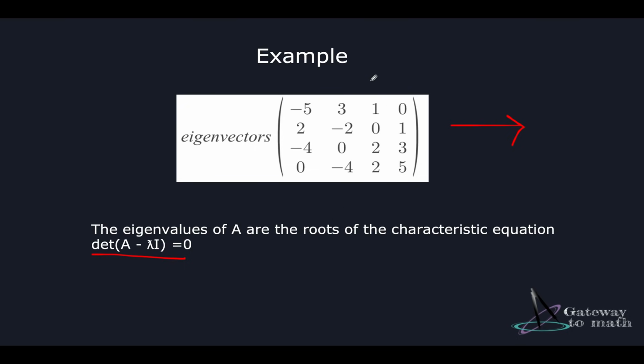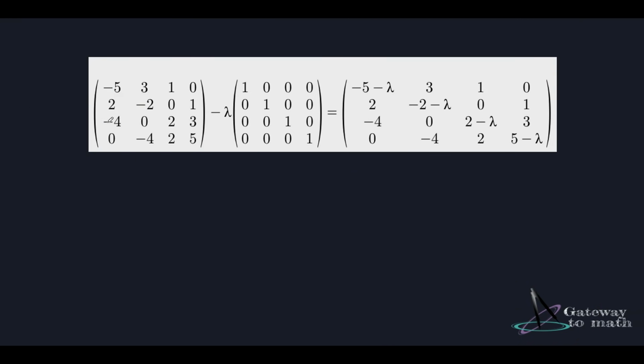We have the matrix A right here, this one, minus lambda times identity matrix. Identity matrix will be a 4 cross 4 matrix with diagonal entries as 1. So let's go ahead and do that. The representation becomes -5, 3, 1, 0, 2, -2, 0, 1, -4, 0, 2, 3, 0, -4, 2, 5, minus lambda times the identity matrix, which has 1 across all its diagonals and the other entries are 0, equals,